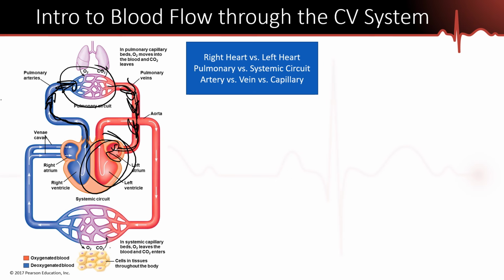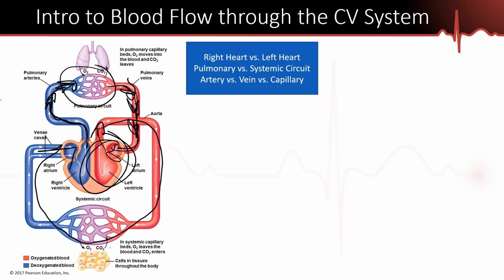And then what the left side of the heart does is it pumps the blood into what's called the systemic circuit. The left side of the heart is going to pump this oxygenated blood that it received from the pulmonary circuit into the systemic circuit. So we better define the systemic circuit first of all. The systemic circuit is the collection of blood vessels throughout the body. It's the vast majority of vessels that everybody thinks about. Okay? The systemic circuit